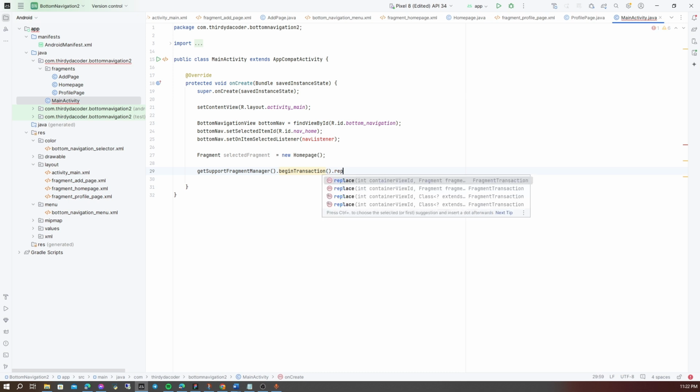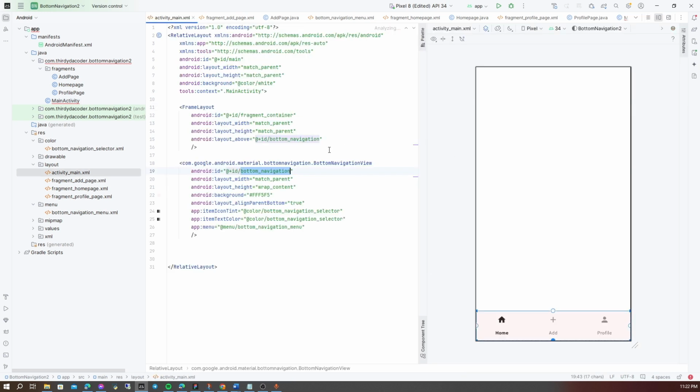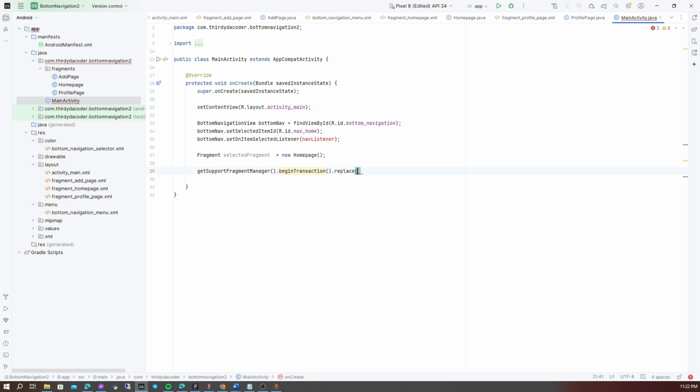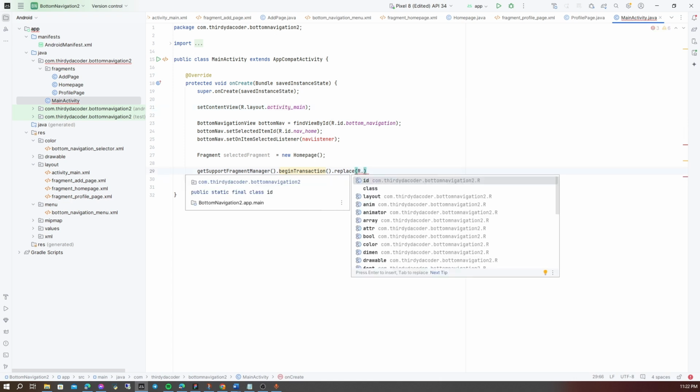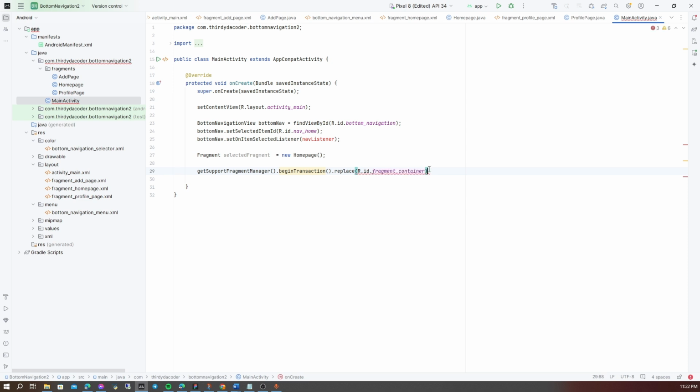As I mentioned again, go to the activity main. We can remember this ID, or we can go back to the activity_main.xml, and here is the placeholder of every fragment. We can copy paste the fragment container ID, go back to the main activity, and reference R.id.fragment container.